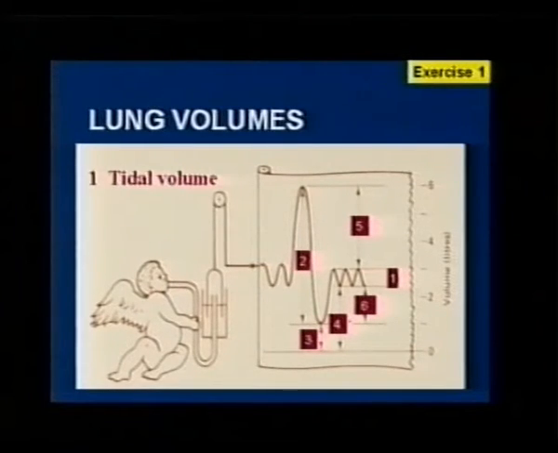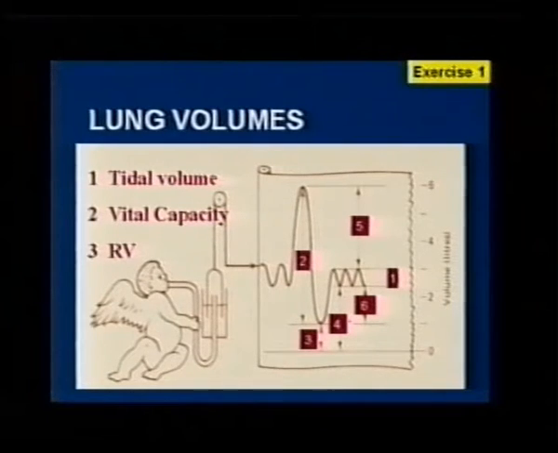When you are ready, let's look at the answers. Number 1 is a tidal volume. Patient is breathing normally, and he has been asked to take a deep breath in and breathe out. That is a vital capacity. What remains in the lung after the vital capacity breath, that is number 3, is the residual volume. Number 4 is a functional residual capacity, that is what